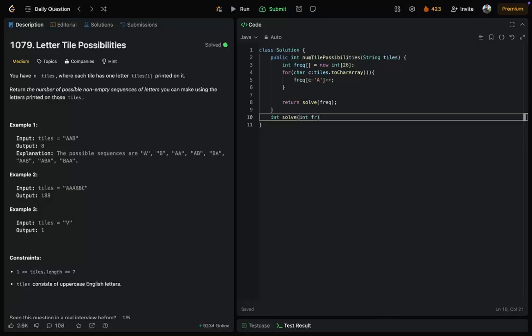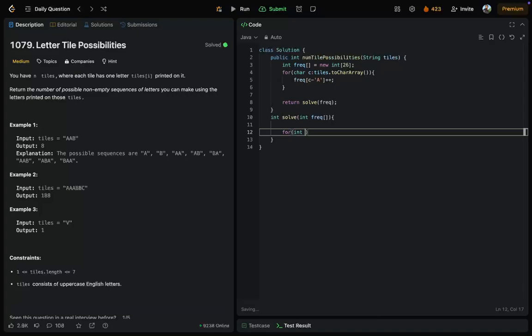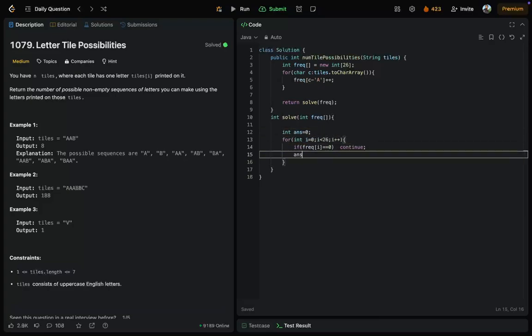Then we have the frequency array, and we are giving a chance for each and every character if and only if the frequency is greater than 0. If the frequency is 0, just continue. Then this frequency is possible. Now we can start from A, we can start from B. So if we start from A, then